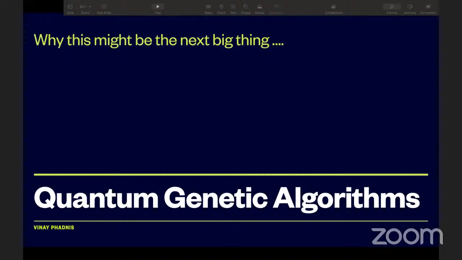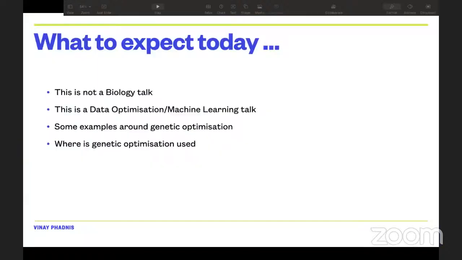So coming back to today's topic, we have quantum genetic algorithms. Let me first talk about what we should not be expecting today. This is definitely not going to be a biology talk. This is going to be something which revolves around data optimization, machine learning, and exactly what genetic algorithms are, how we can take inspiration from nature, how we learn from it, and how we put that in a more logical setting.